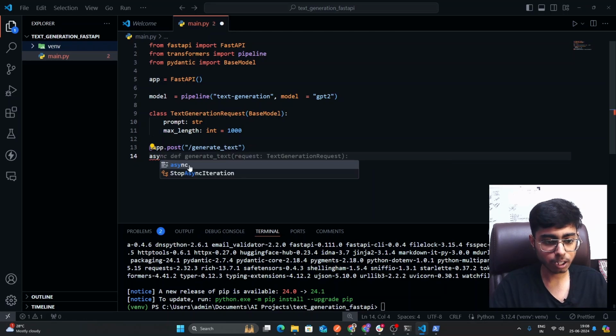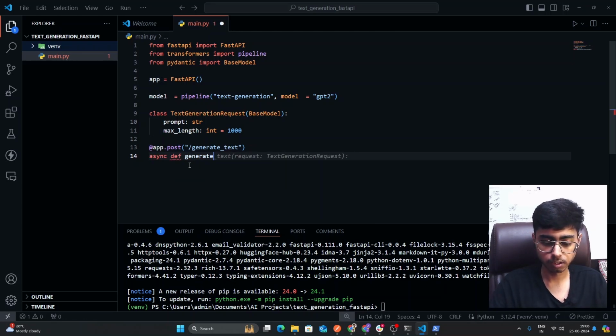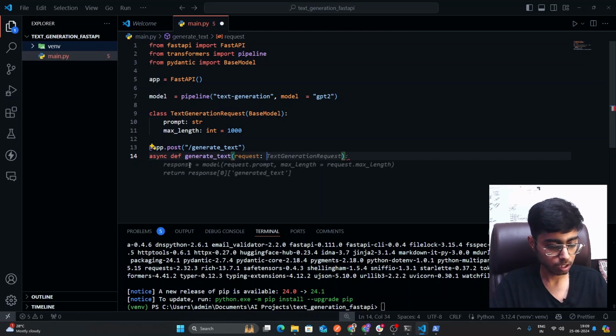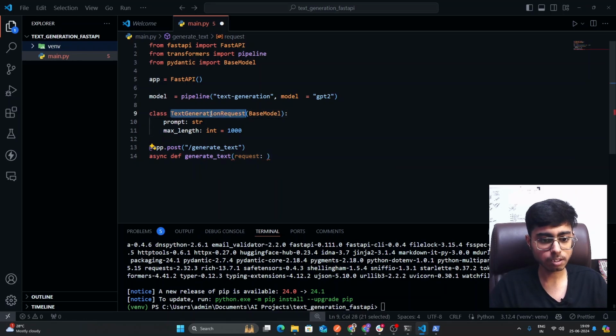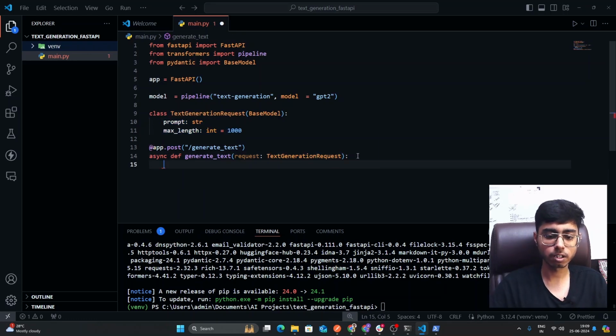So it is going to be an async function, generate text, and you have to define your request, and my request model is going to be this. So in my post body I have to define my data something like this, right? So text generation request,